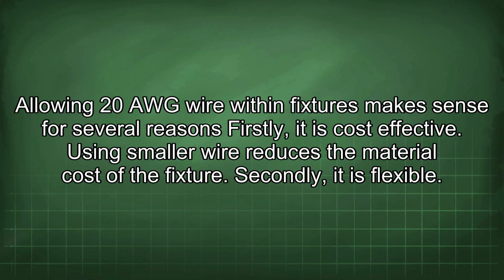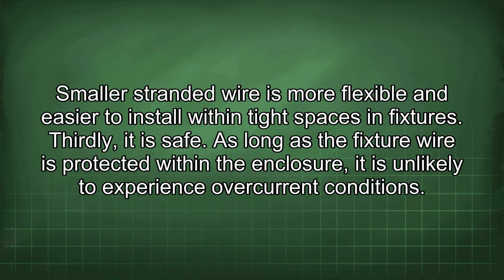Allowing 20 AWG wire within fixtures makes sense for several reasons. Firstly, it is cost effective. Using smaller wire reduces the material cost of the fixture. Secondly, it is flexible. Smaller stranded wire is more flexible and easier to install within tight spaces in fixtures. Thirdly, it is safe. As long as the fixture wire is protected within the enclosure, it is unlikely to experience